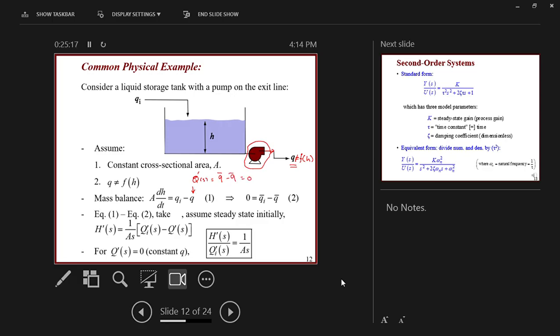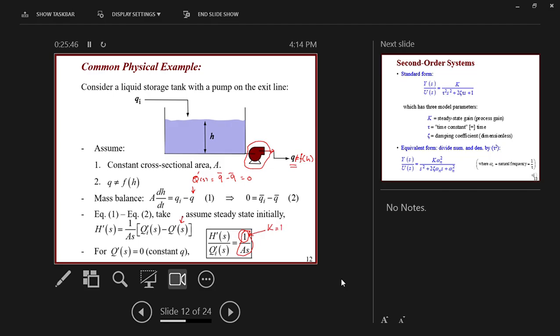Okay, so this will make this part 0, and continuing the analysis, we will end up with a transfer function of this form, 1 over AS, and as you can see here, there is no gain in the process, or we can say that the 1 here represents the K,